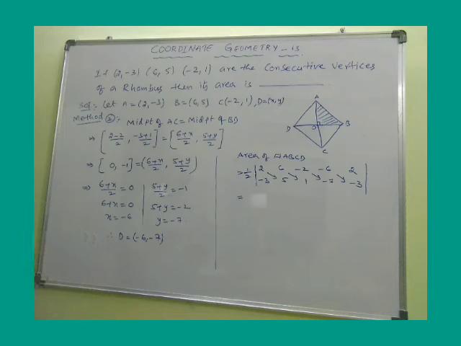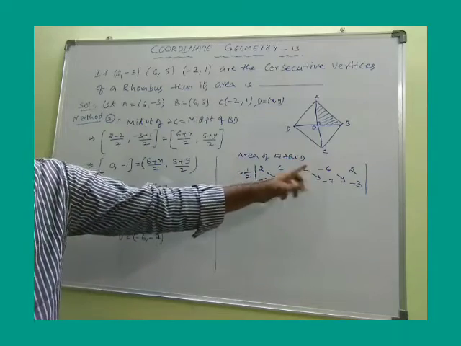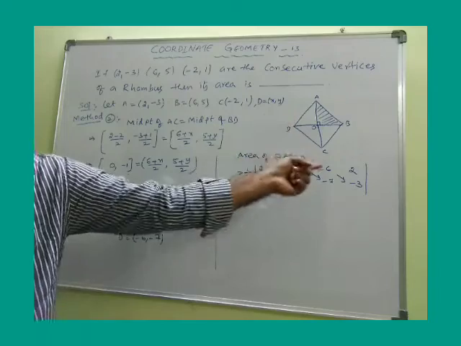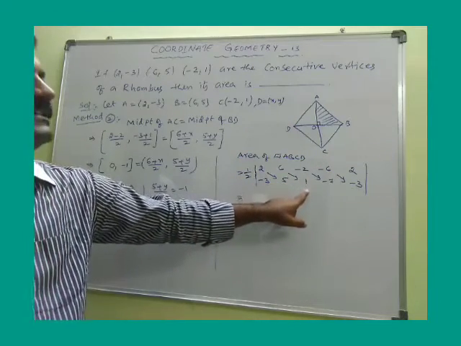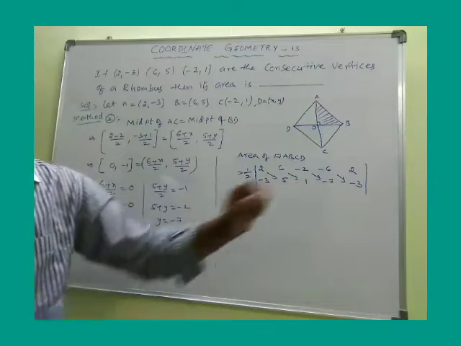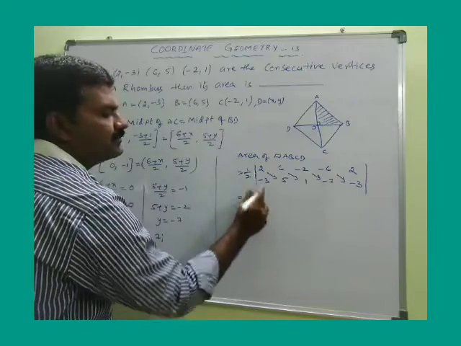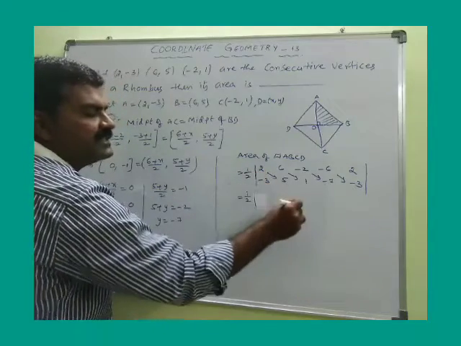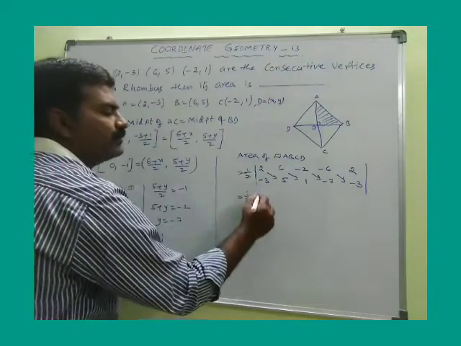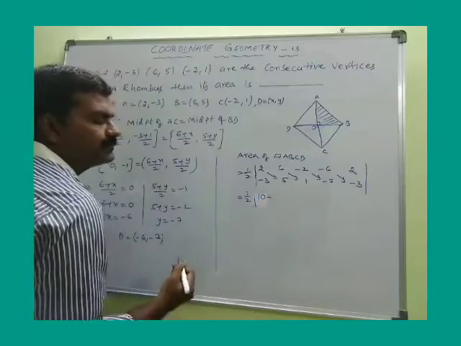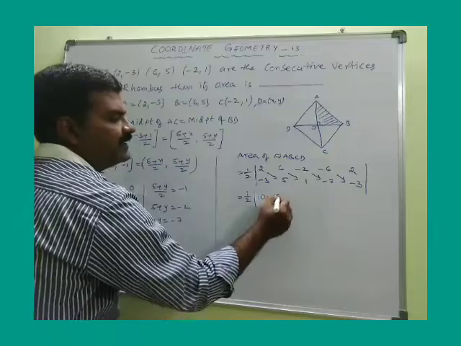Just go with half modulus of x1, x2, x3, x4. After completion of 4 vertices, the first one we need to repeat. Similarly, y1, y2, y3, y4 and y1. So half modulus of, the direction which I mentioned is as it is, which I did not mention should be taken minus of. So 2 into 5, 10, minus of, minus 3 into 6, minus 18. So minus of minus, plus 18.